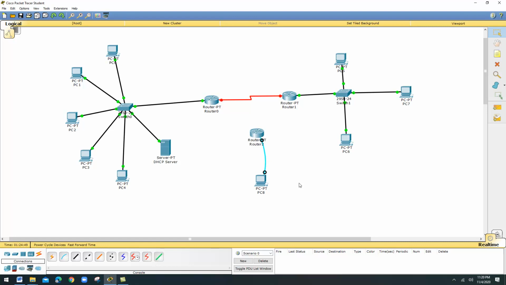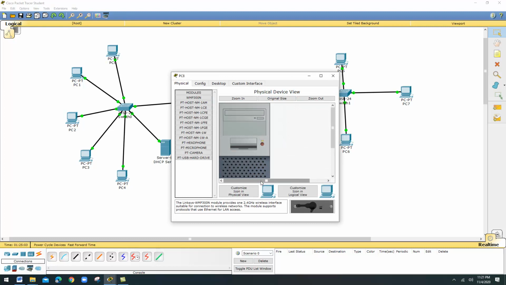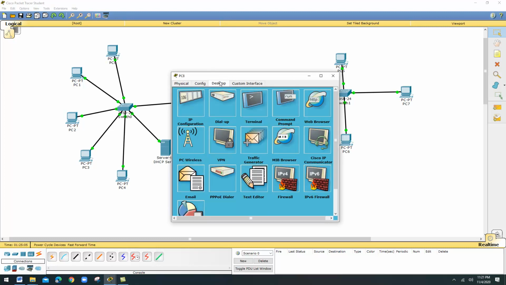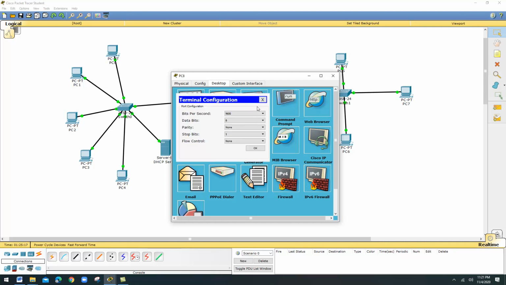In the router there is nothing configured. It is a brand new router without any configuration, but I want to enter into the router. Now I am going to the PC, just click the PC. In the PC we have a tool, we can say it is a terminal. The terminal tool is available. You can just click the terminal, you can say it is a tool or an application. So using the terminal window you can enter into the router.